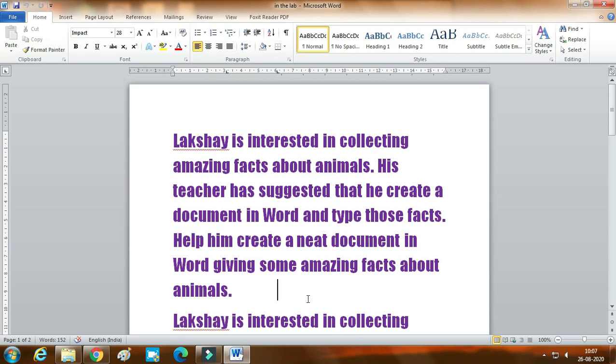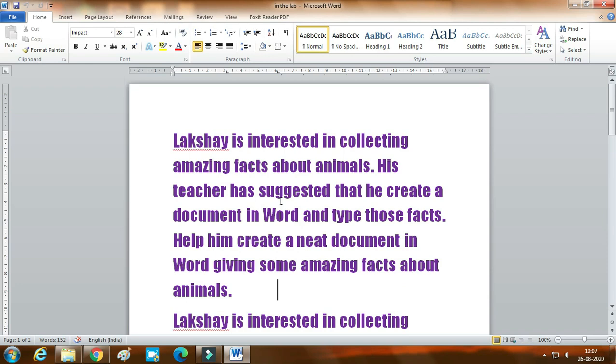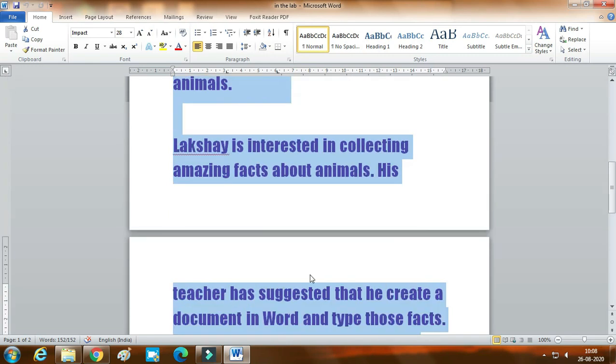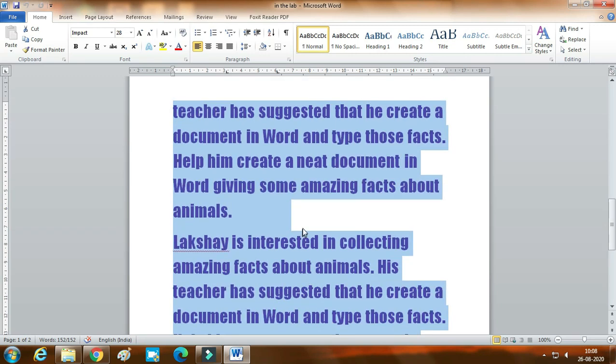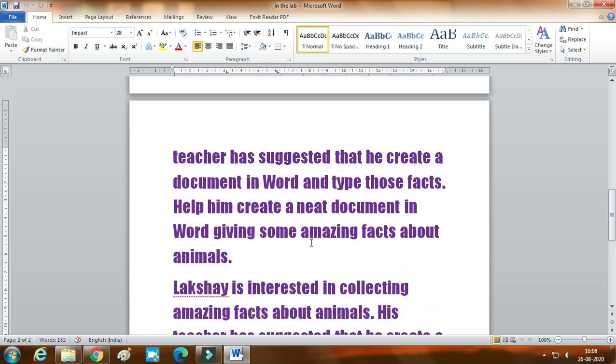Now a very simple way to select the entire document is with only two keys. Press the control button and the A button on the keyboard. We can see the entire document is selected with only two keys, control and A. So children, you can learn how to do the selection using the keyboard shortcuts.